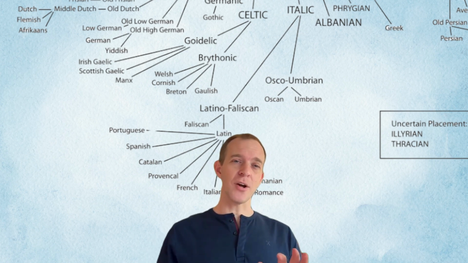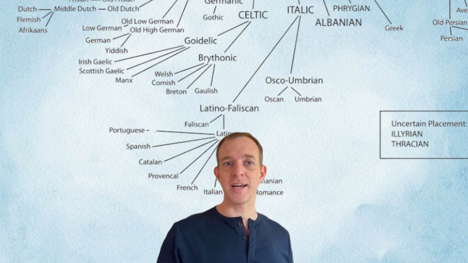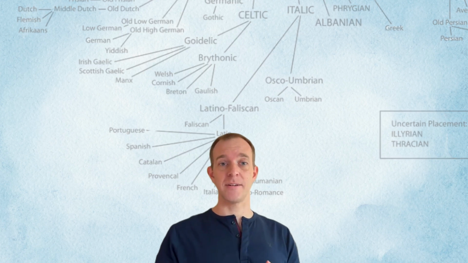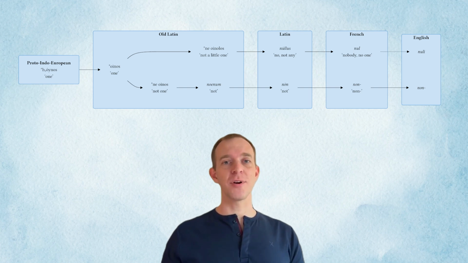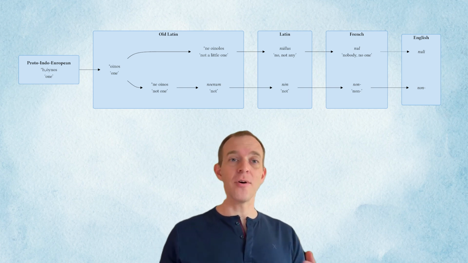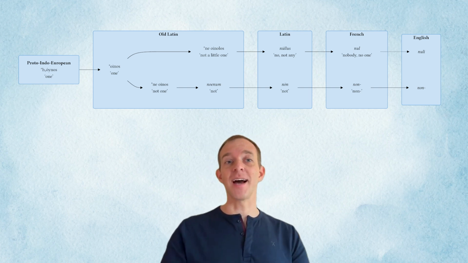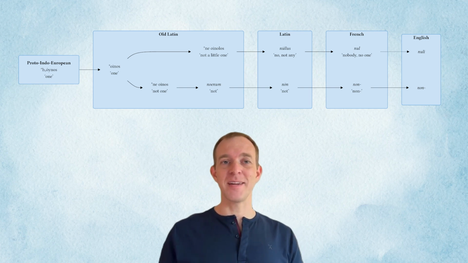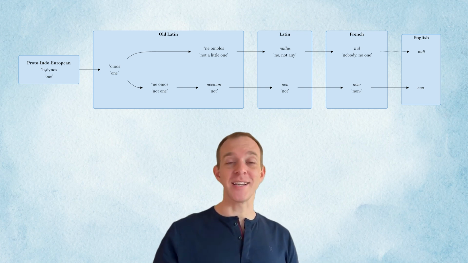The Romance languages are the only languages in this branch that survived, but we have historical records of other Italic languages too, such as Faliscan, Umbrian, Oscan, and Picene. In Proto-Italic, you could add a diminutive suffix, meaning little, to the word oinos. So that gave you the word oinolos, meaning little one. And you could also negate that as ne oinolos, meaning not even a little one. By the time of Classical Latin, that phrase ne oinolos had become nullus, meaning no or not any. In French, nullus became nul, and English then later borrowed that as the word null.